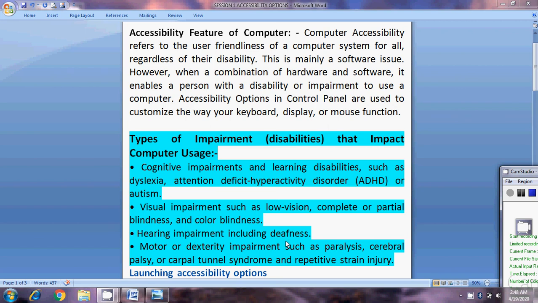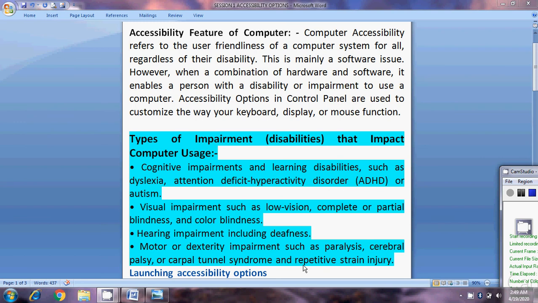Hearing impairment including deafness. Motor or dexterity impairments such as paralysis, cerebral palsy, or carpal tunnel syndrome, and repetitive strain injury. And people having such types of disabilities also want to operate a computer regardless of their disability.